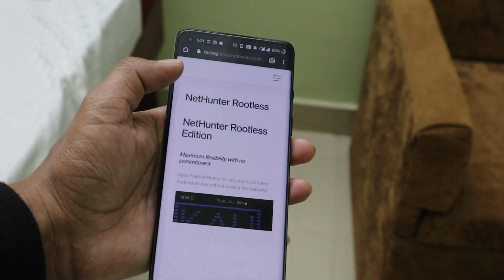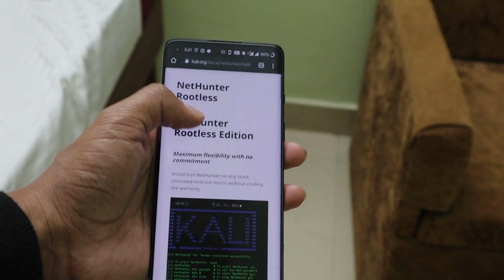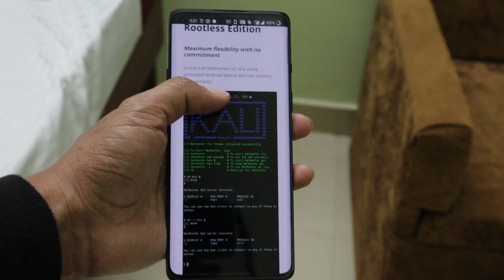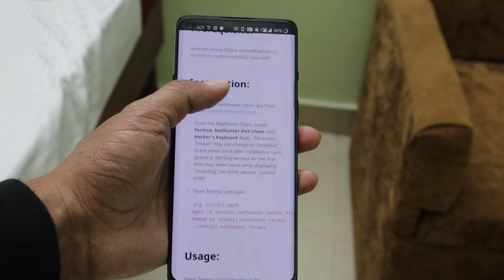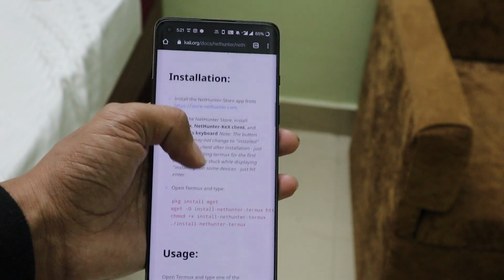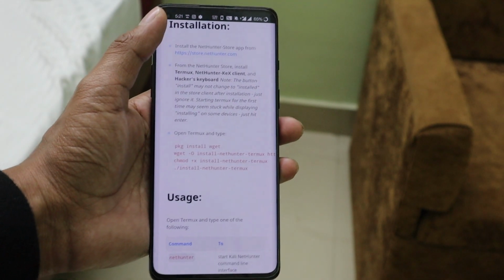Just click on back. It will again open the ad, and now you will be redirected to this website, where you will find all the description regarding this video, how to do this, and all the required commands. You have to just come to this website and follow the instructions that I'm going to show you.